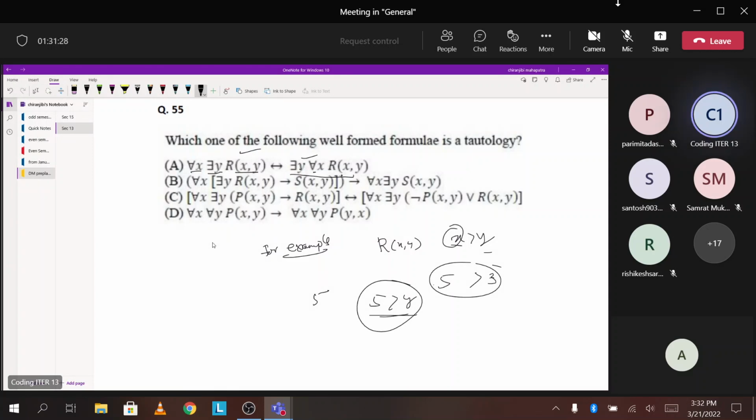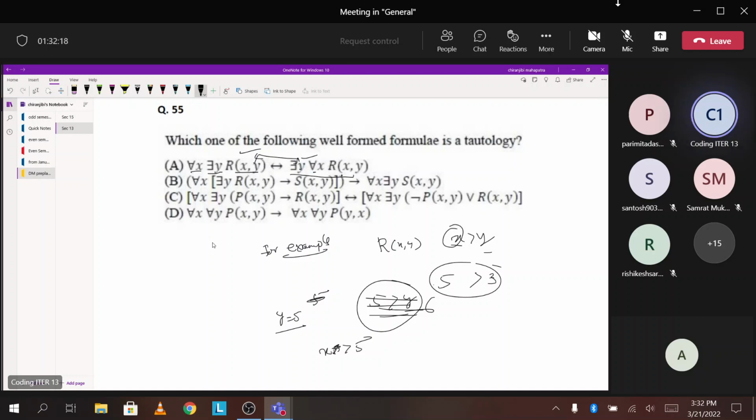मतलब कि ये तो कुछ स्टेटमेंट में फॉल्स हो जाएगा ना, क्योंकि y यदि हम 6 ले लें तो फॉर ऑल x के लिए तो ये ऐसे नहीं होगा। ठीक है, ओ सॉरी उल्टा लिखा है ना, फॉर ऑल x देयर एग्जिस्ट y, सॉरी देयर एग्जिस्ट y इस साइड रहना चाहिए। यदि तुम y इक्वल्स टू 5 ले रहे हो, देयर एग्जिस्ट y such that for all x, ऐसा x है such that it is greater than this 5, ऐसे तो हर टाइम ट्रू नहीं होगा। यदि यहाँ पे हम कंसिडर करें 3 या 1, ये इसके लिए फॉल्स हो जाएगा। सो ये दोनों जो स्टेटमेंट है ये इक्विवेलेंट नहीं है, दोनों इक्वल नहीं है।